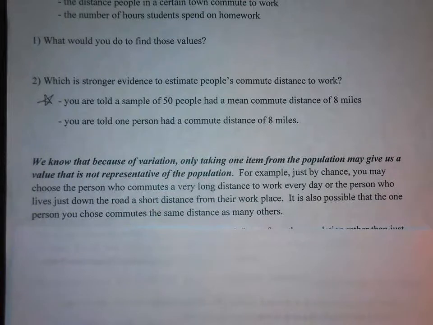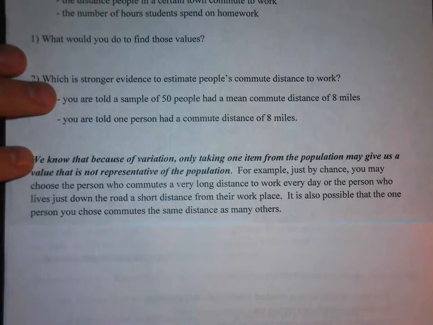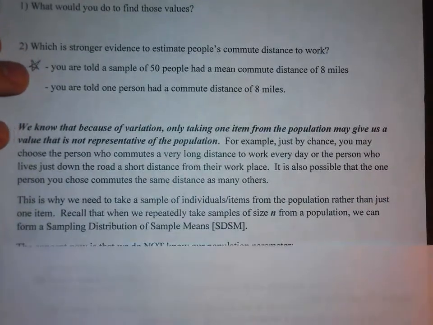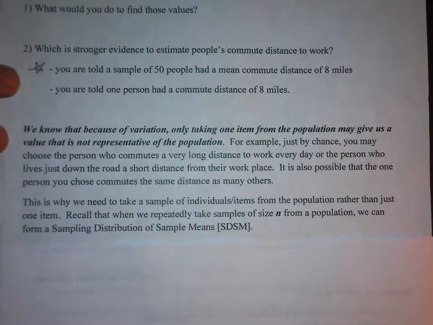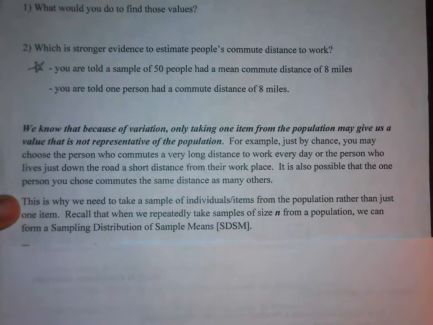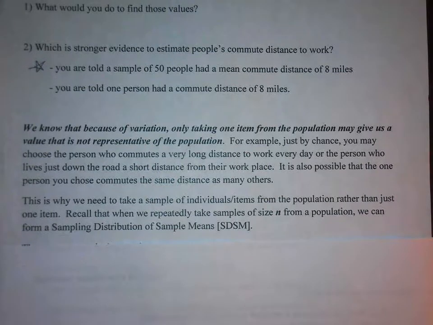So the person you choose may be way below the average distance that people travel, maybe way above the average distance for everybody, or it could be right on the money. Okay, it could be exactly the same distance on average that everyone else travels. Okay, so only taking one from the population, there's a lot of variation in that distribution. So this is why we need to take a sample of individuals or items from the population rather than just